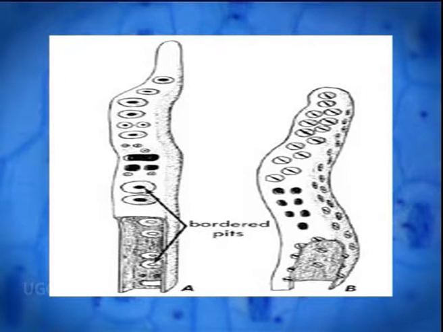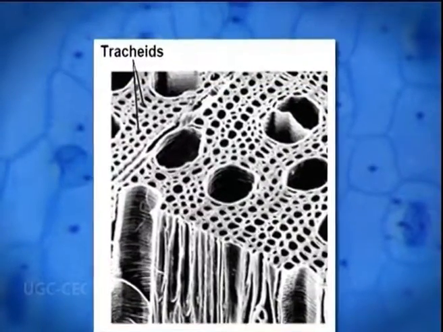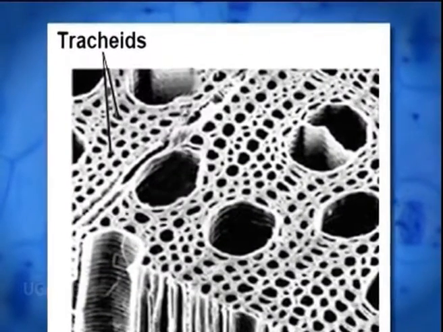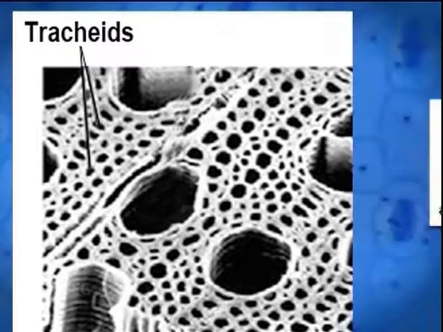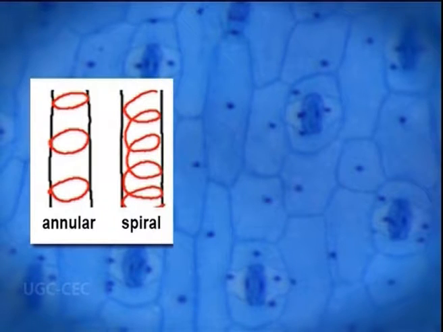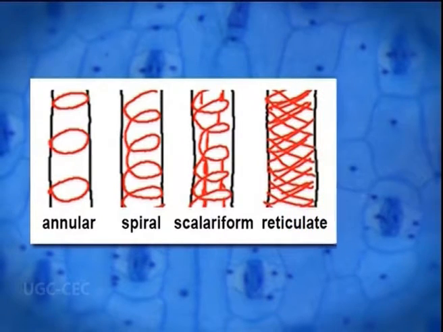The ends of tracheids are tapering, round, or oval shaped. Their walls are hard with lignified secondary wall material. At maturity, a tracheid is non-living and empty without protoplast. In transverse section, the tracheid is mostly seen angular but may be rounded also. The thickening may be annular, spiral, or scalariform in primary xylem and pitted in secondary or metaxylem.